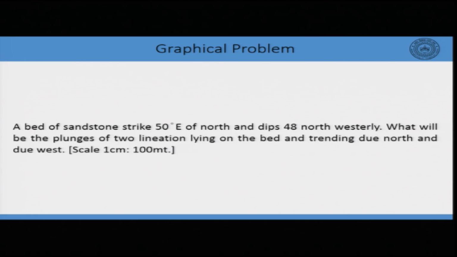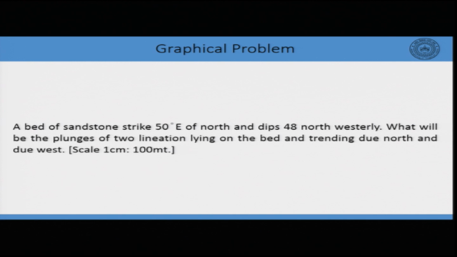This is the last week and you already are familiar with the concept of strike line, stratum contour, plan views. So with the help of those we will start a new series of problems, experimental problems, and that would be graphical problems. So, in the first problem we have an orientation of a bed, and without the use of stereonet or stereographic projection techniques, just on plain paper using our conventional biaxial diagram that we have learned through 11 and 12 and also in graduate studies, we will find out the plunge of two lineations on a bed whose orientation